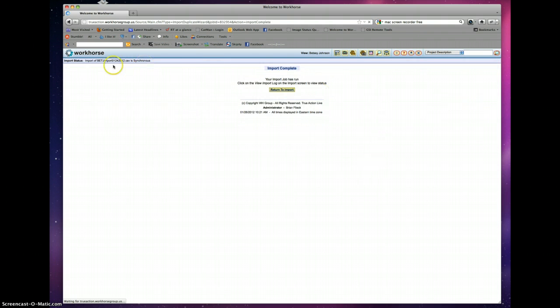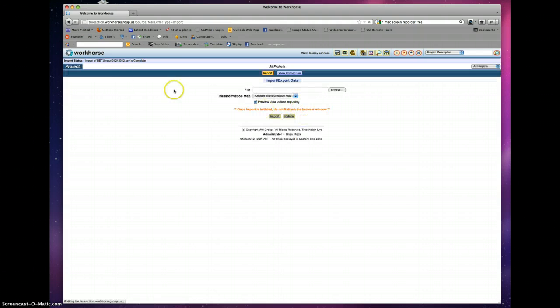Okay. You'll see up here, import status is synchronous. As long as it's a small import, it runs pretty quickly. You can say return to import, and you'll see it's complete. Sometimes if you hit that, it'll come back and still say it's synchronous, meaning it's doing something. You can also go into the view import log,